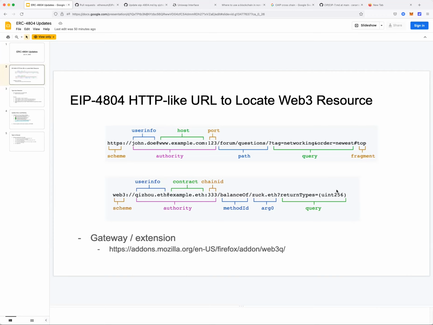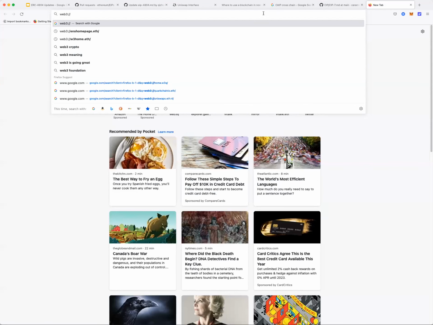Not necessarily. Right now the standard is more just to locate the resources, just to read it, kind of like HTTP GET. But definitely we are also able to POST, but suppose the client, the browser, has some way to sign a signature even without MetaMask, then you can compose this transaction and directly broadcast to P2P, and that's still possible. But I think we just want to do things step by step, how we are able to solve pure read-only operations, how we are able to, for example, CyberBrokers,